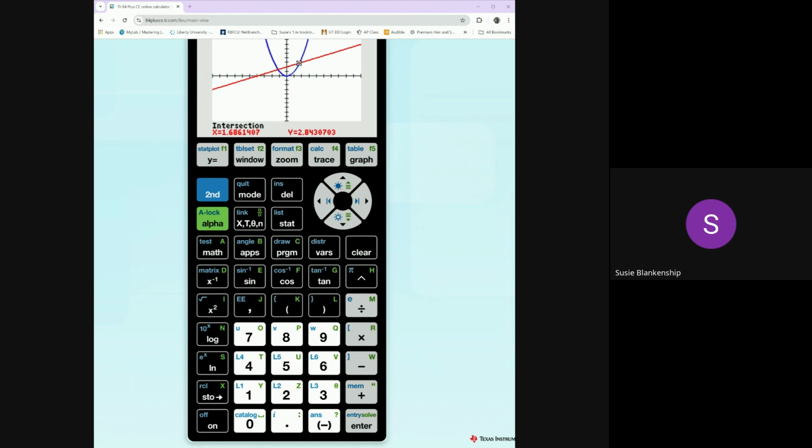All right, so your intersection is 1.686, comma 2.843. Okay, let's see. We're going to go on to the next one. I'm going to go back to